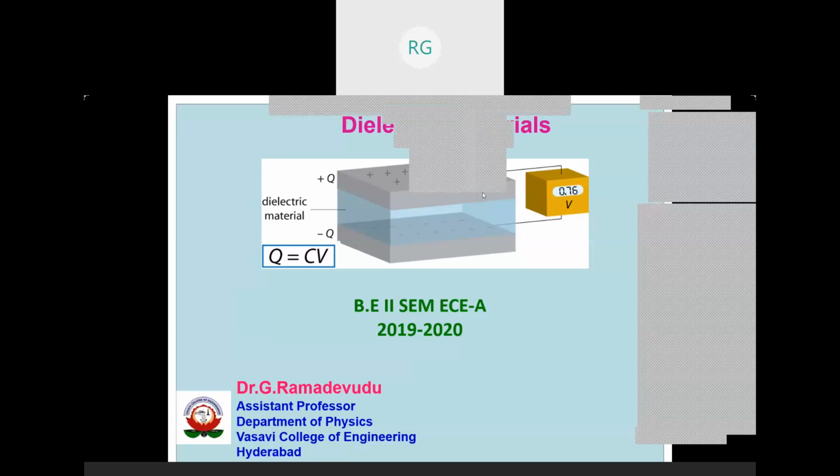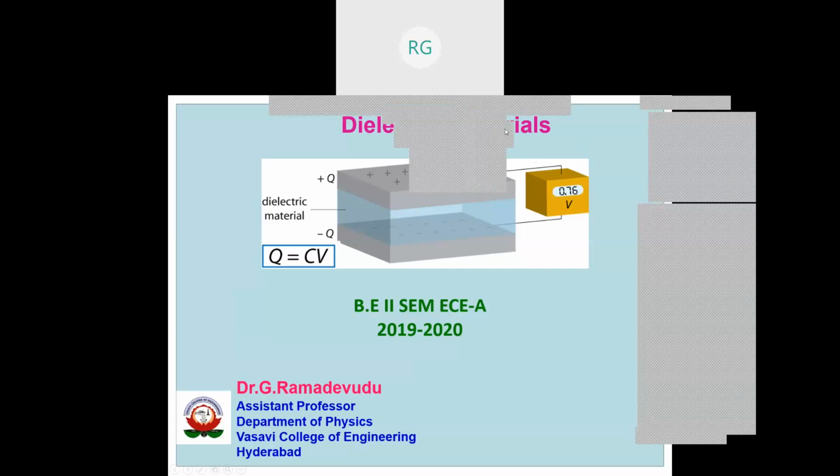In the earlier class, we completed magnetic materials, and in this class, we start the new topic in Unit 5, that is dielectric materials. You studied about the various dielectric materials in the plus 2 level. You know generally that the materials are segregated into different types, as we have seen in the earlier classes, as conductors, insulators, semiconductors, and as a special class superconductors, and we have also seen magnetic materials.